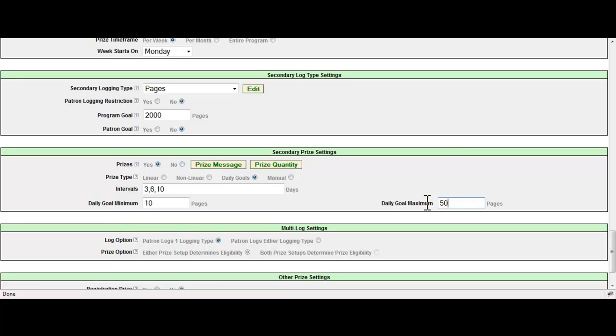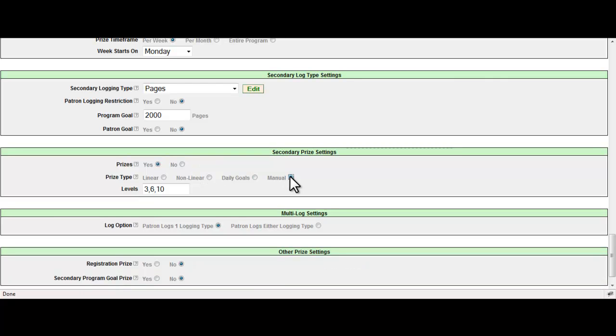If the patron reaches their daily goal, they are eligible for a prize at day 3, day 6, and day 10. If I was to choose manual, it allows the staff to control a patron's log progress manually using checkboxes that appear in the prize management page. The number of checkboxes that appear is determined by the levels field. For example, if levels equals 3, then the checkboxes appear in the prize management page